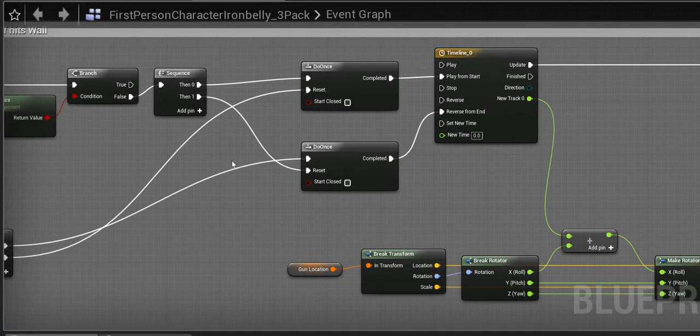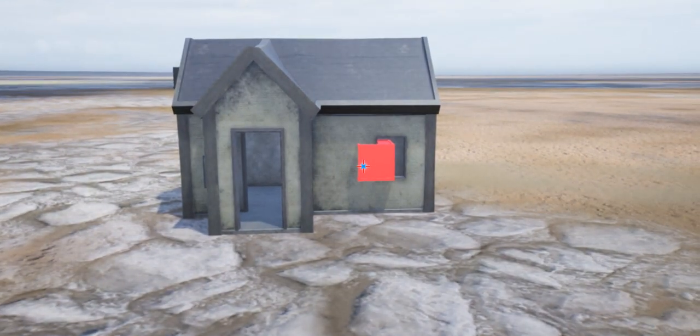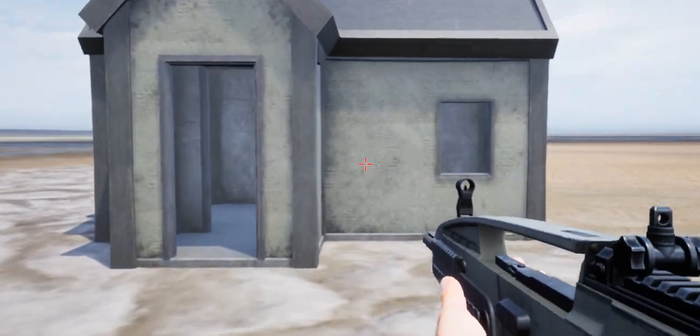So let's go ahead and take a look at it. We got it hooked up here. Really easy stuff here, and let's check it now that it's set up. I'll click play. And there's our house again. We'll go on down here, see what happens. See how it just brings up the gun,